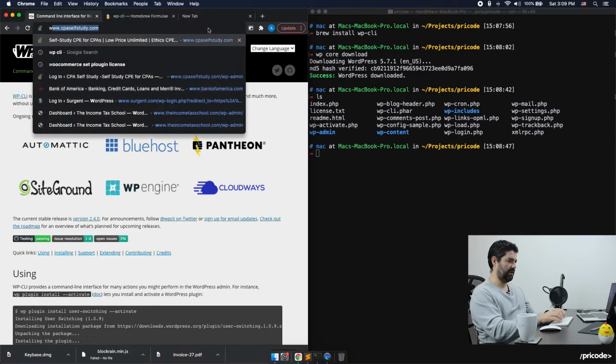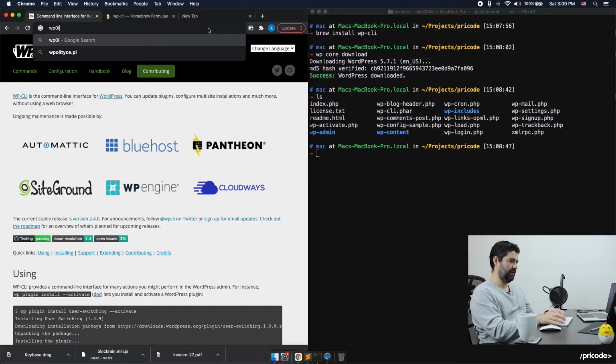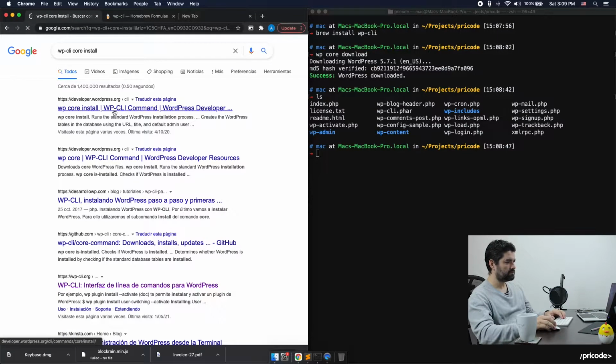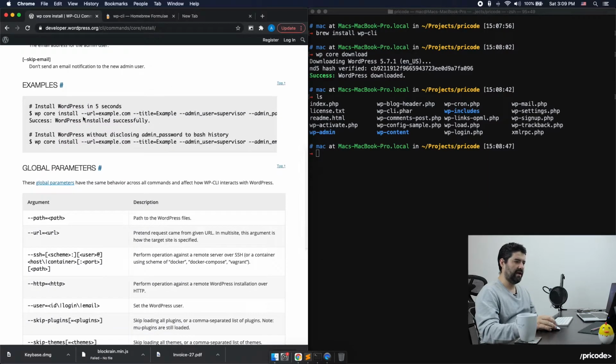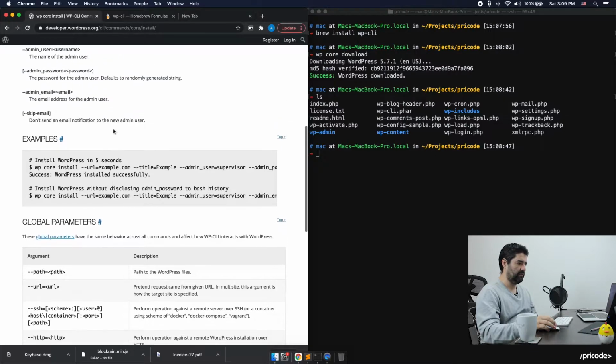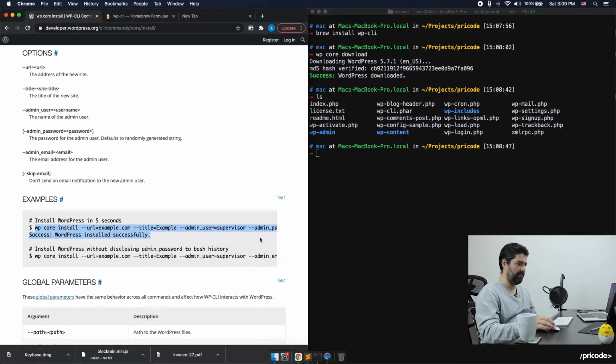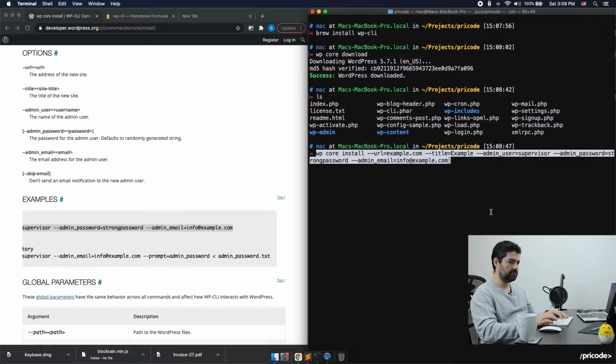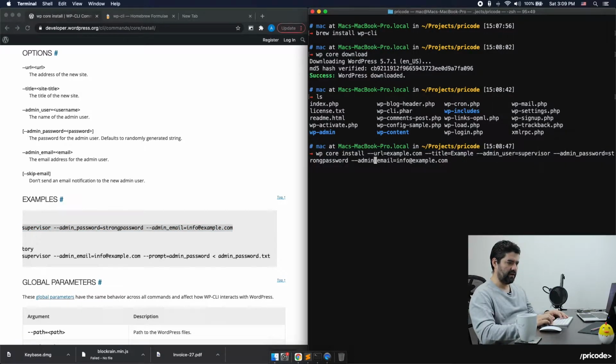It should be something like a WP-CLI for install. So you go here for install. Look at how simple it is to install a WordPress application. You just simply copy this and it is going to